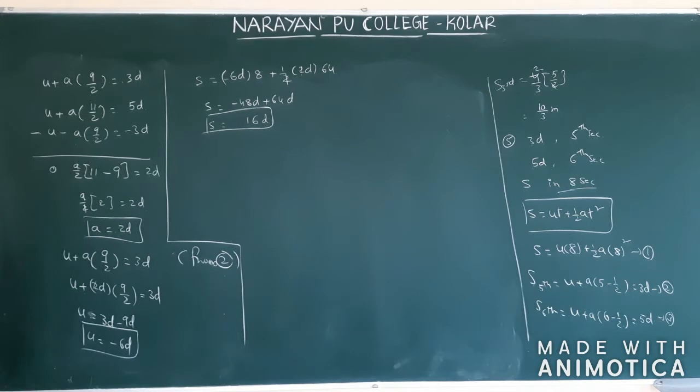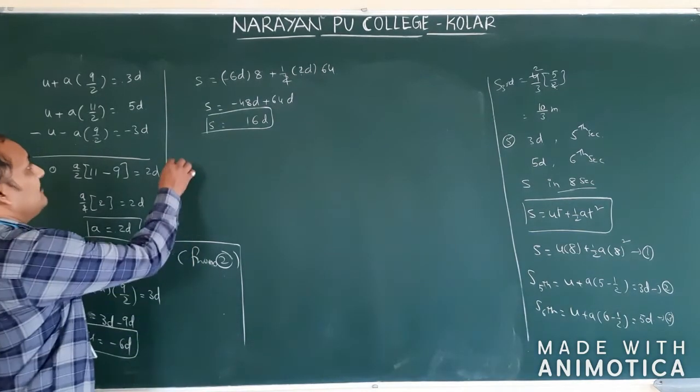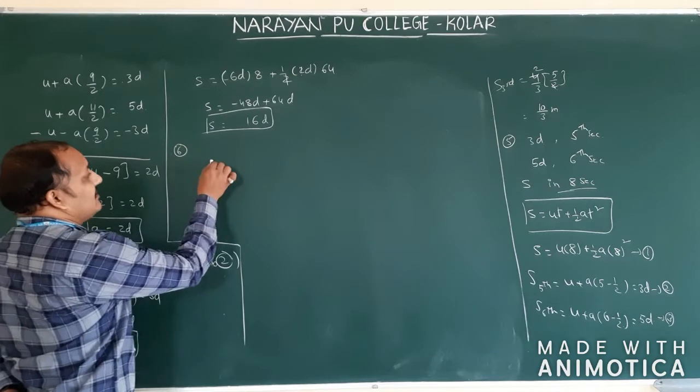Okay. Next question, question number 6. A particle starts its motion from rest, so from rest means you have to take u as 0, under the action of a constant force. Force is constant, isn't it? If the distance covered in first 10 seconds is S1 and that covered in first 20 seconds is S2, then they are asking the relation between S1 and S2. This is the sixth question.